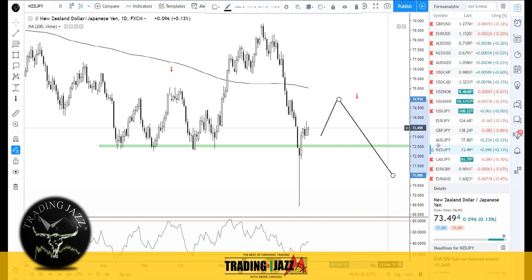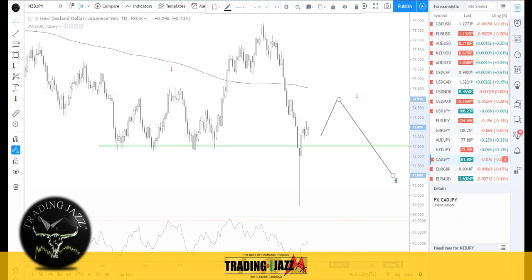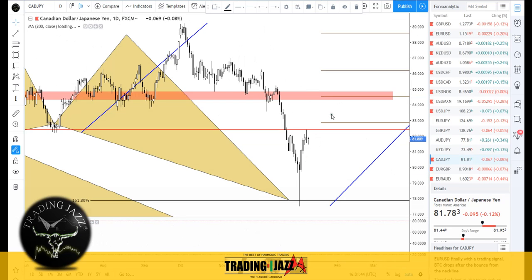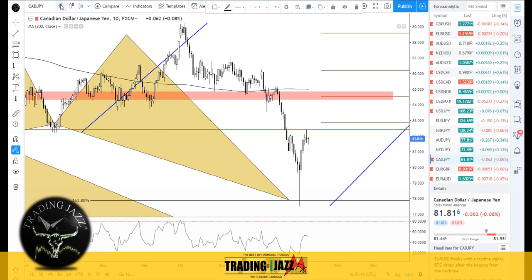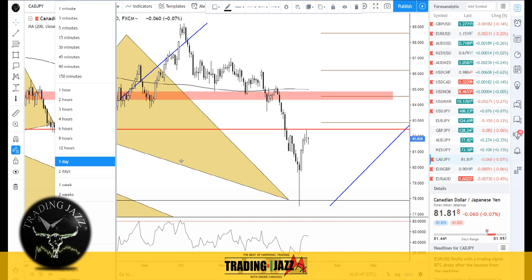Watch the market. Wait for those validation points and criteria, and then once you feel comfortable, engage the market. CAD versus yen. This was one rare case where